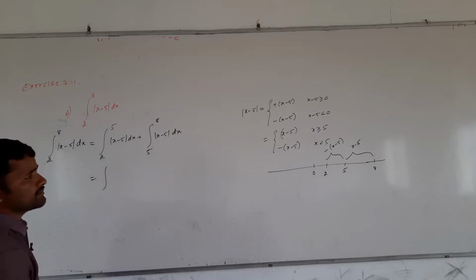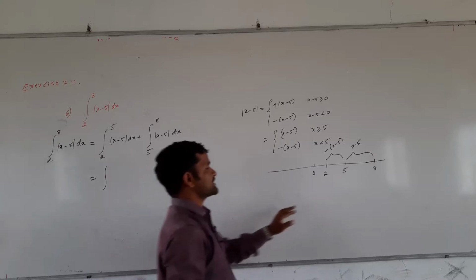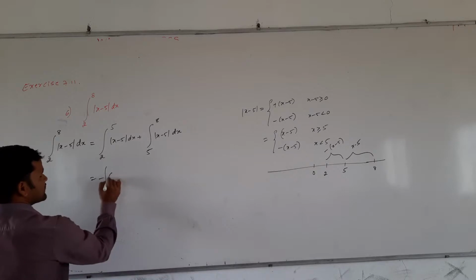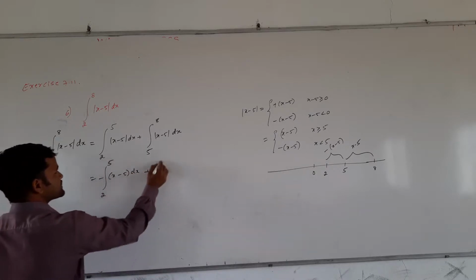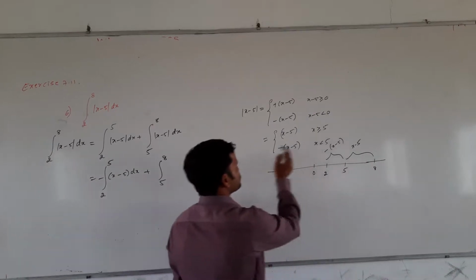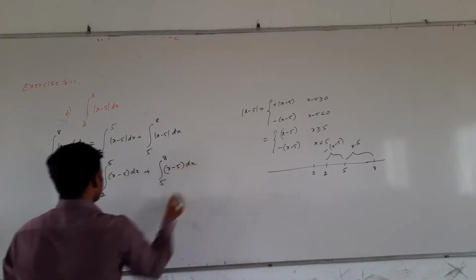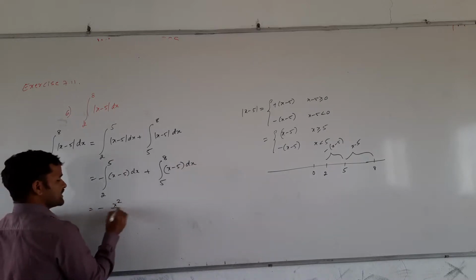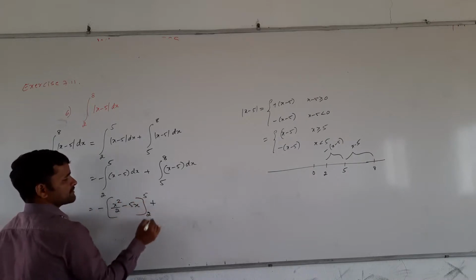Now, integral of modulus of x minus 5, we should take minus for 2 to 5, since x values are less than 5, so minus of x minus 5, that minus I will write outside, into dx, from 2 to 5, plus from 5 to 8, where x values are greater than 5, so the function should be taken as plus of x minus 5. Minus of x minus 5 integral is x square by 2 minus 5x, from 2 to 5, plus